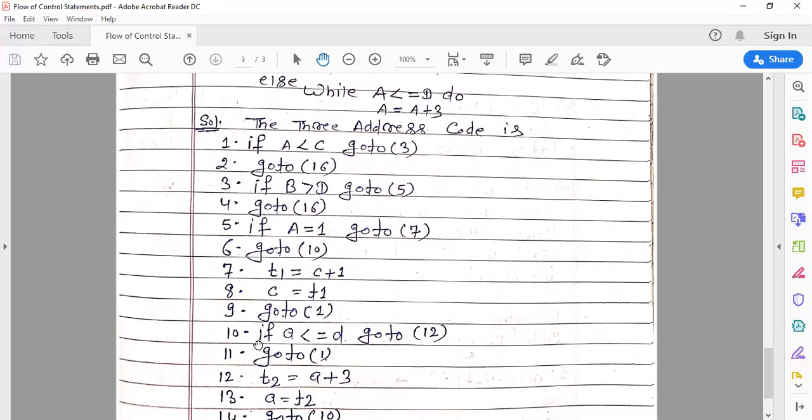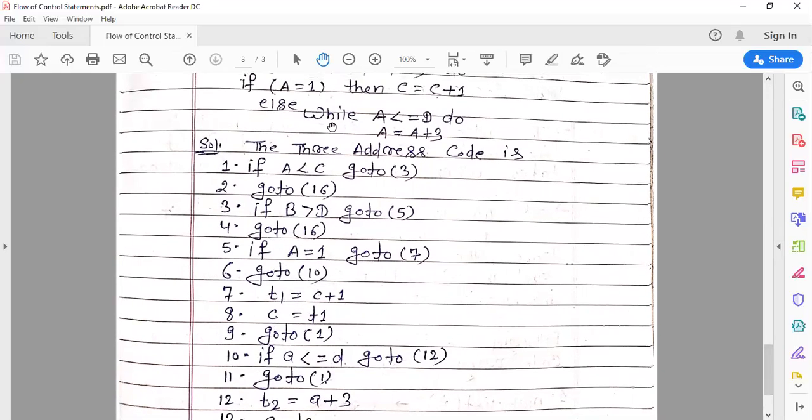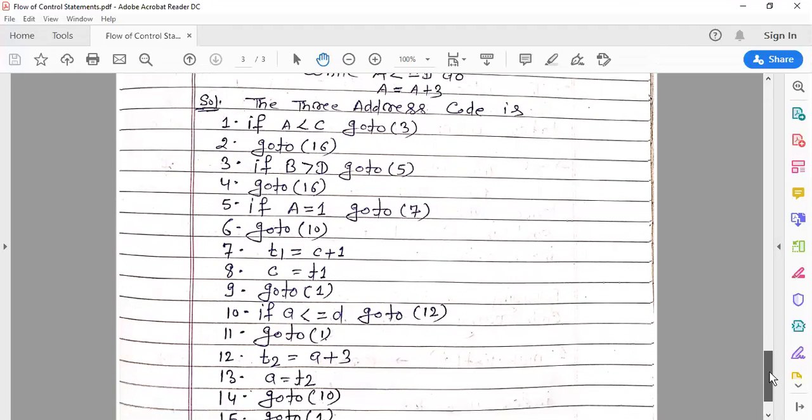So go to 10 has, again, the code. So the else statement has the code: while A less than or equal to D, do A is equal to A plus 3. So again write the 3 address code.